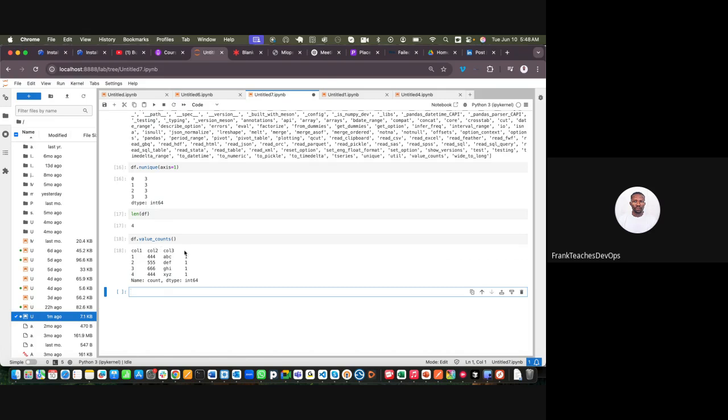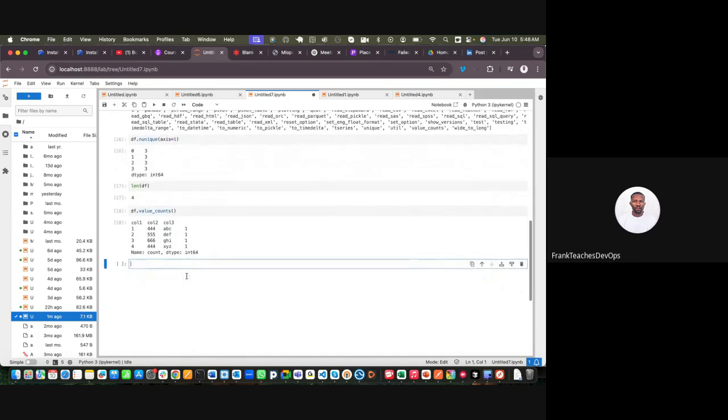It tells us column 1, column 2, column 3: this item is appearing once, this other item is appearing once, this other item is appearing once, and that item is appearing once. Now, the work of unique would have